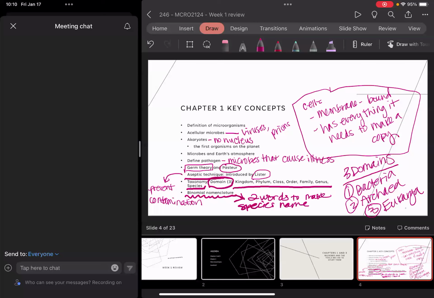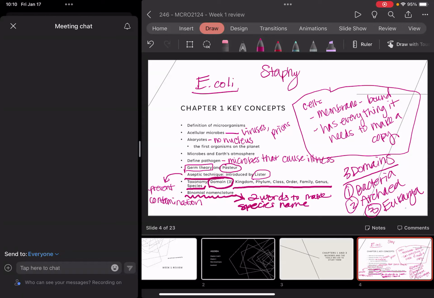All right, we're always going to capitalize the first one. The second one starts with a lowercase letter. If you're typing it, you'll italicize it. If you are writing it by hand, then you will underline it. And this is where we get those names like E. coli, which you would technically underline if you were writing,